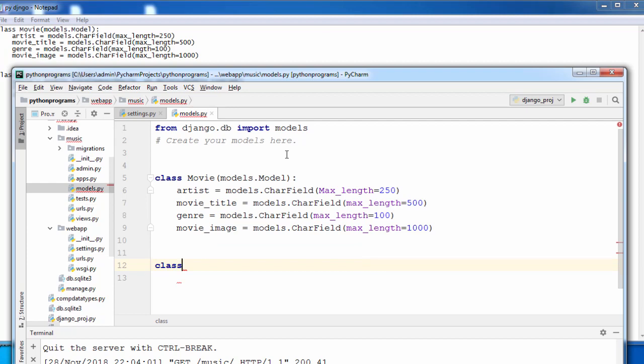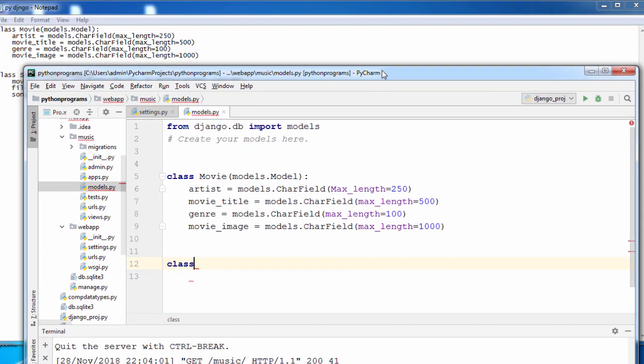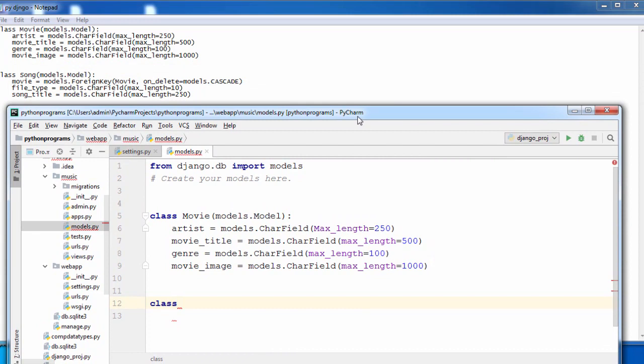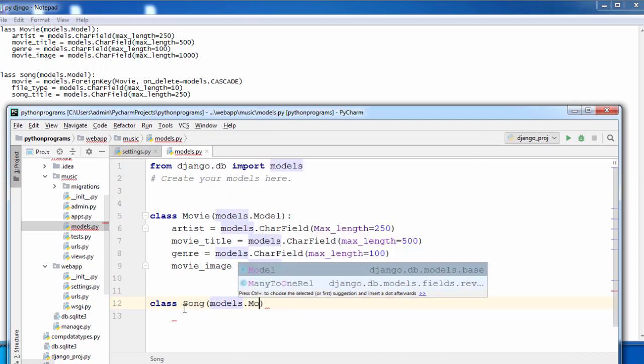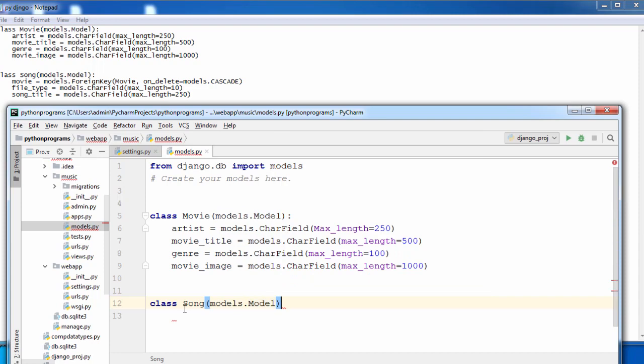a songs class. One movie may consist of multiple songs. It might be one, or it might be more than one, or it may be 10, 15 or 20. Some movies may have many songs available. For that I'm taking a song title, and models dot Model here, for movie as a parameter,